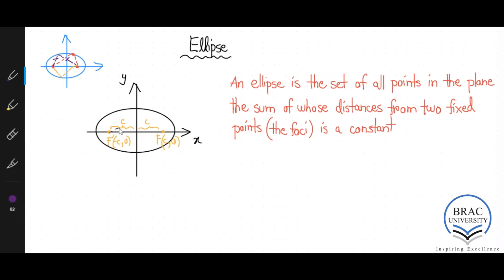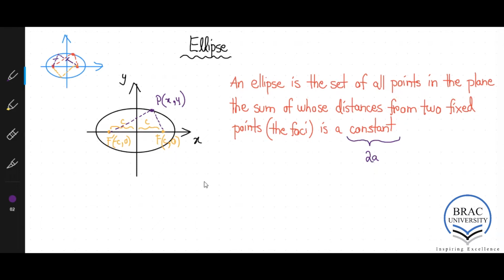If we looked at the distance of this from a particular point, let's say here, and we define this point as P, which has the coordinates x comma y, we can derive the standard equation of an ellipse. So let's say that this constant, let's assume this to have the value 2a, a is just a constant,